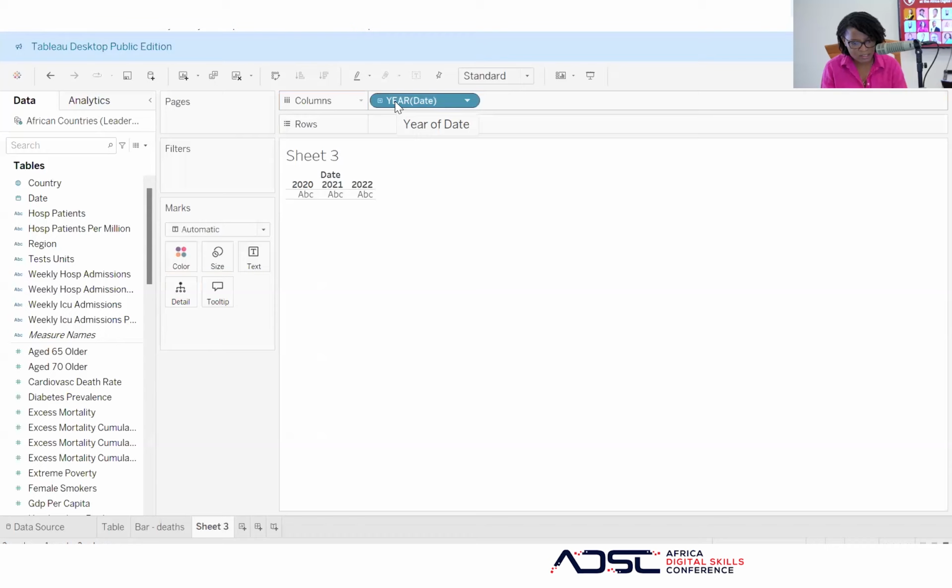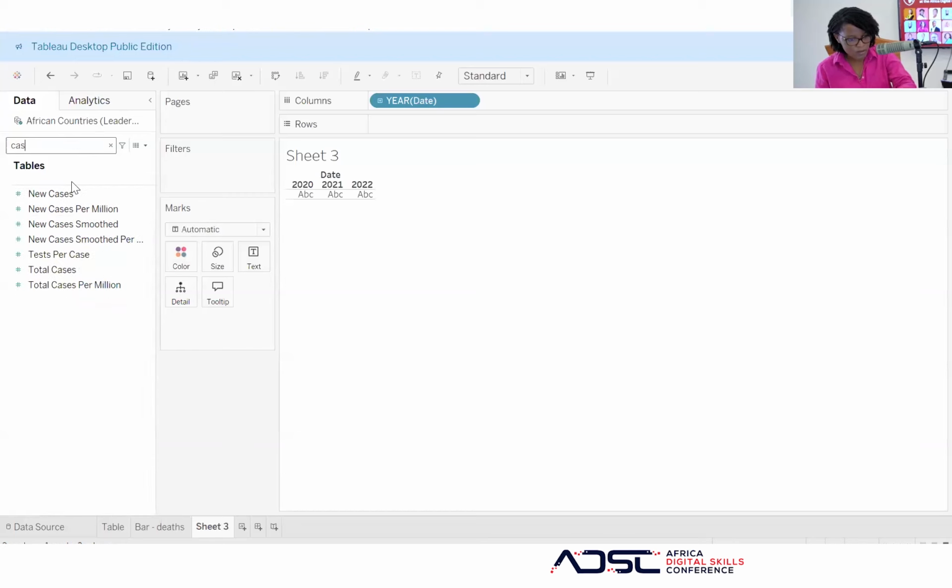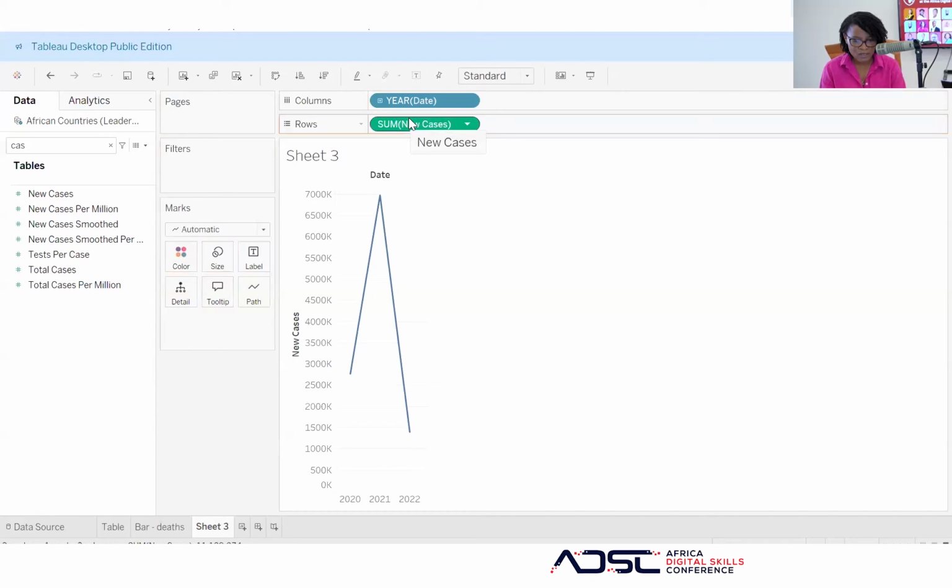So if you put it in the column, it shows you this way. Let's just leave it in the column. And we are interested in cases. So we put the cases here in the row. When we did that, you could see that this is giving me a line graph, but the line graph